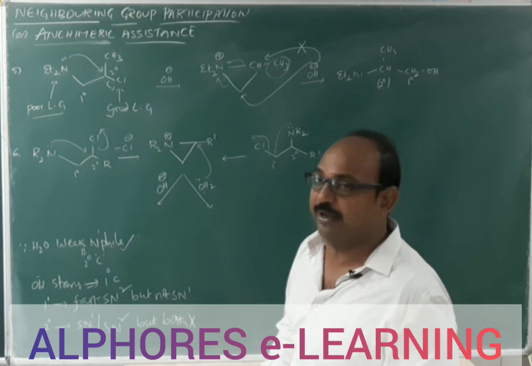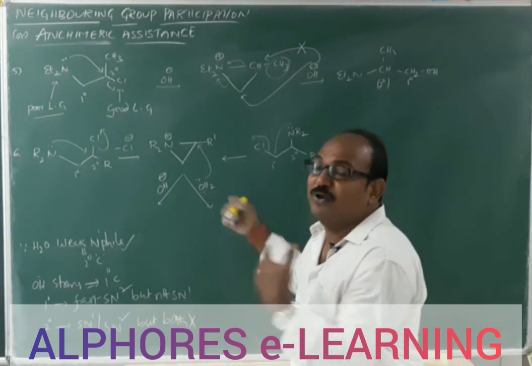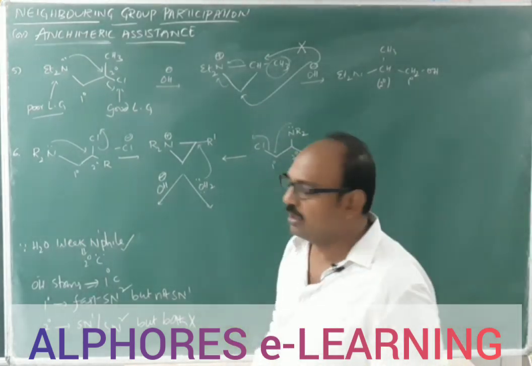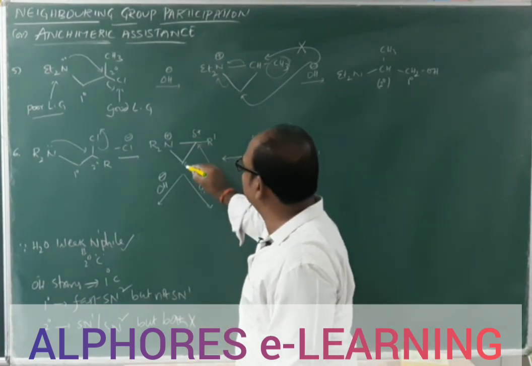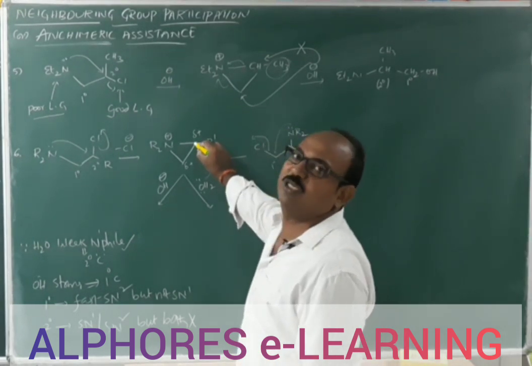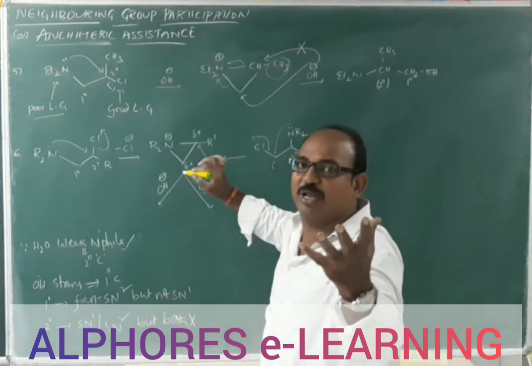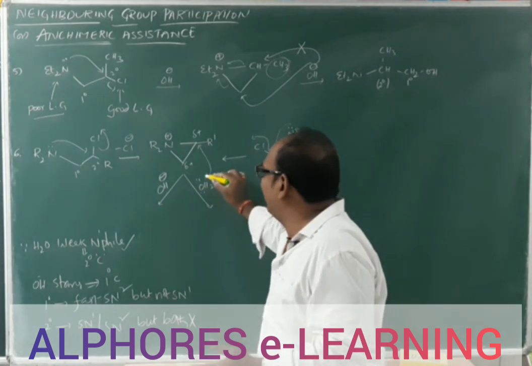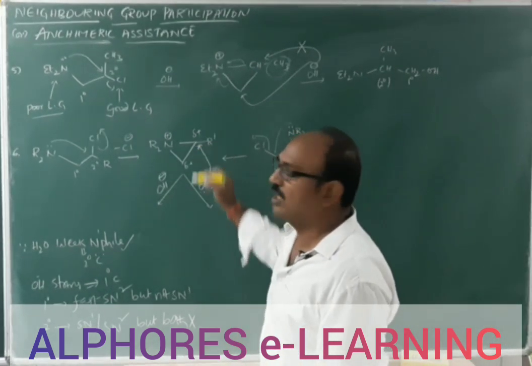I am repeating once again. When a water molecule acts as a nucleophile, it itself cannot create any positive charge upon any carbon atom. It looks for where more positive charge is there. So here positive charge, here positive charge. Out of these two, this positive charge is more stable, meaning the more positive charge appearing upon this carbon will be more stabilized because of the alkyl group. So the water molecule prefers to attack this carbon, the more hindered carbon.